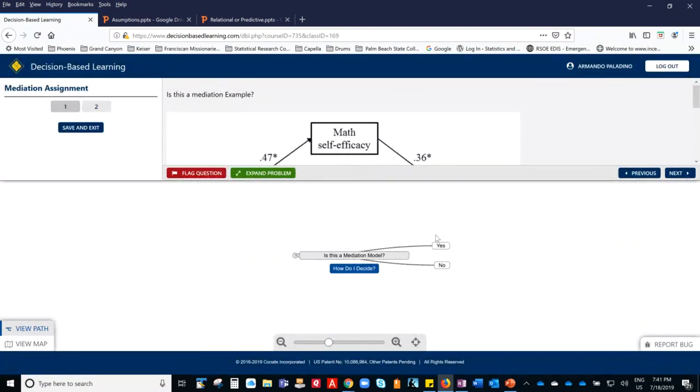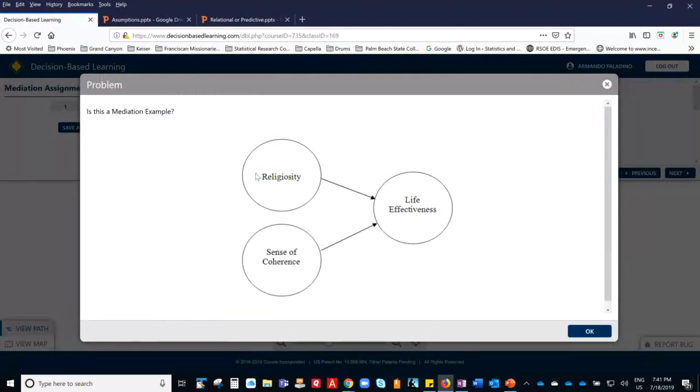Yes. It is, okay? You're right. If you would have answered no, right? PBL will tell you. Let's look at another one, and that will be the last one. Is this a mediation example? No. Indeed, it's not, because